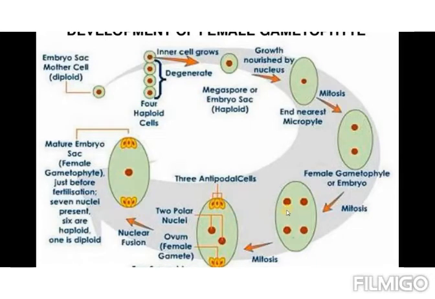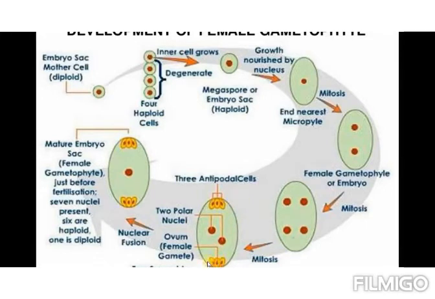As you know very well, this is called the karyokinesis. Division of the nucleus is called karyokinesis, which is followed by the cytokinesis. Immediately the nucleus's outer wall will get formed, which is called the cell wall, and this process is called the cytokinesis. 3 cells at the upper side are called the antipodal cells.